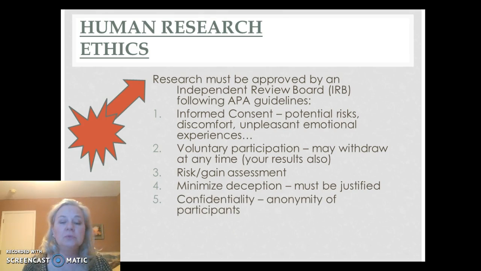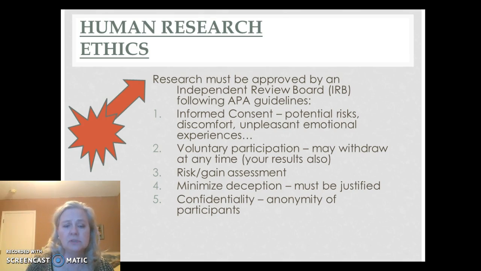Finally, you have to assure the confidentiality of the results of your study. The anonymity of participants is critical. So when you are reporting your study in a journal or in some other publication, you need to keep the place that you've done the study or any other identifying information anonymous. And this can be hard, especially if you're doing something like a case study where the aspects of the study are so unique.